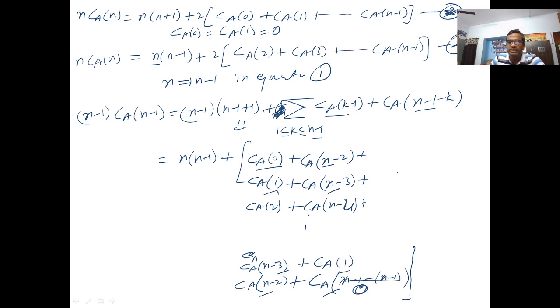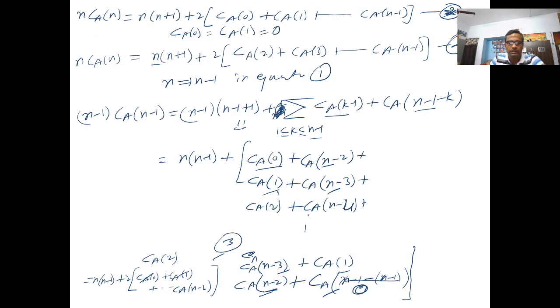It means we can just write this equation as equal to n into n minus 1 plus 2 into Ca of 0 plus Ca of 1, and so on until plus Ca of n minus 2, isn't it? Ca of n minus 2. This is your equation number 3. Let us see. Ca of 0, Ca of 1, both are 0. So it will again start from Ca of 2. Done. So your equation number 3 will be